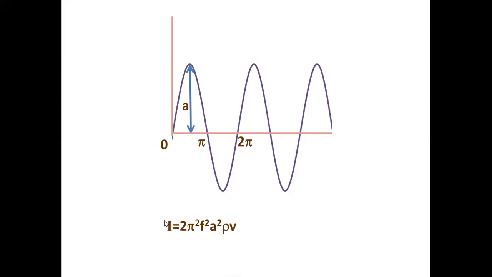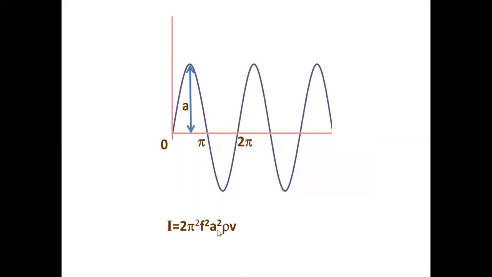Now, intensity is directly proportional to the square of the frequency. Suppose you have another wave which has double the frequency, its intensity will be 4 times more. And if you have another wave of amplitude 2 times the other wave, then its intensity will be 4 times. Of course, if the speed is double, intensity gets doubled. If the density of the medium is double the other, then the intensity of the wave in that medium will be double, because here you don't have a square. So if rho and V are double, then intensity gets doubled in each case. And if amplitude is double, intensity becomes 4 times. This is what is needed for us.